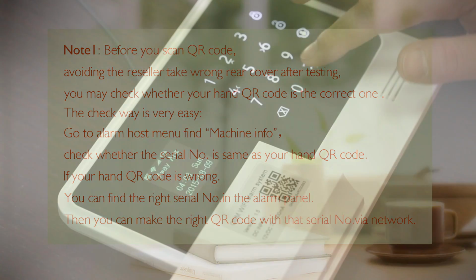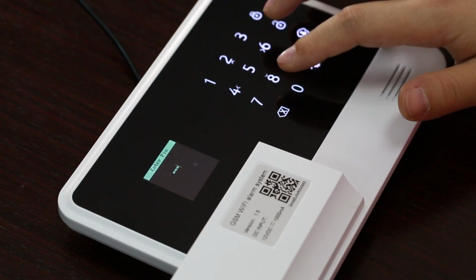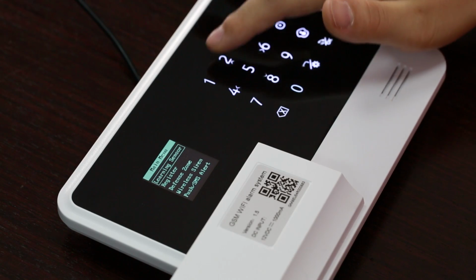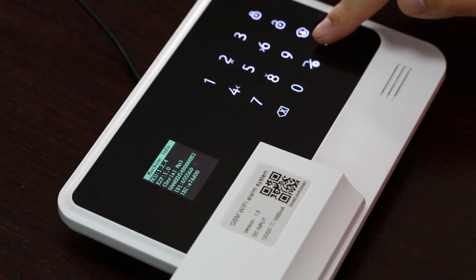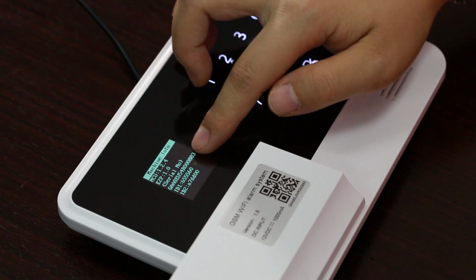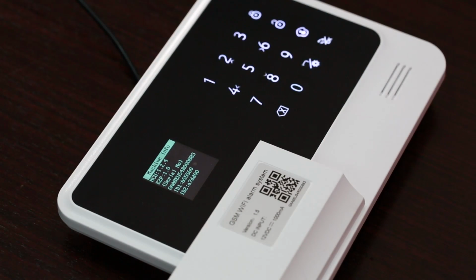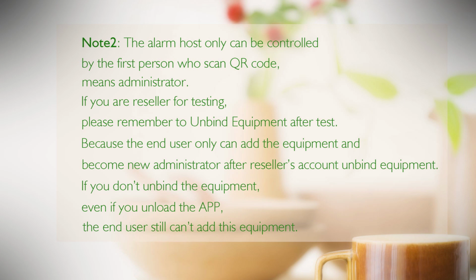If the QR code in your hand is wrong, you can find the right serial number in the alarm panel. Then you can make the right QR code with the serial number via the network. Note 2. The alarm host can only be controlled by the first person who scans the QR code,